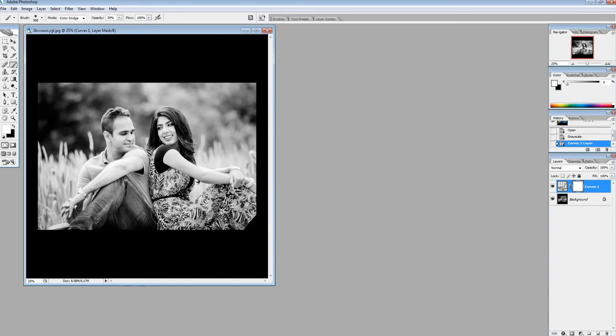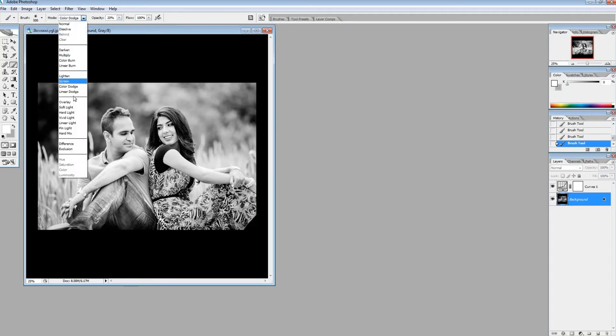And if you manually want to adjust brightness on anything, you can always make sure your foreground color is white. You've highlighted your brush. You've selected color dodge, and you've made it 20%. And then you can just make sure that you're selecting the right layer here. You can also brighten dark spots, or if you need it to darken, make this here a black color, and then you can click on the darken